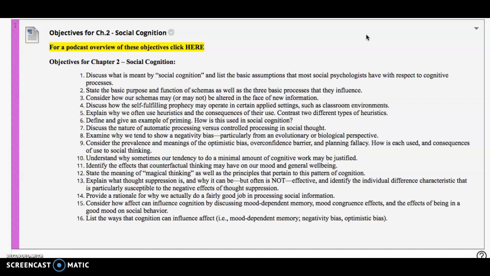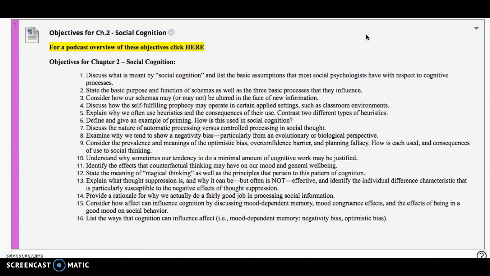So you'll want to know how those function and what purpose they serve, and how they influence the basic processes with which our brain operates. Then consider how our schemas may or may not be altered in the face of new information. So once we've established a schema, we have an idea for something, like pets. What comes to mind, or what kind of animals make good pets? We think of dog, cat,